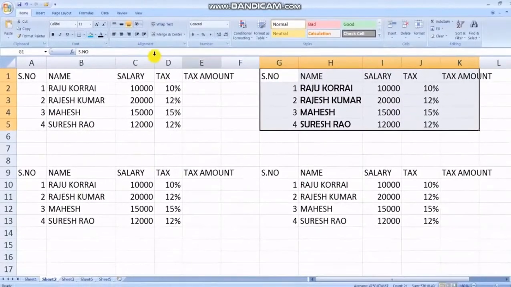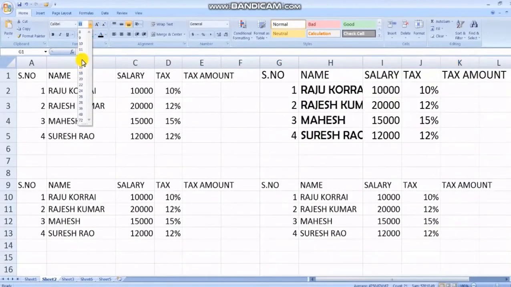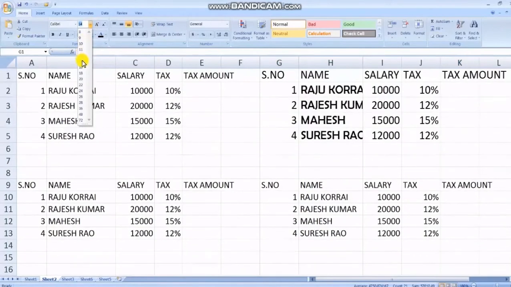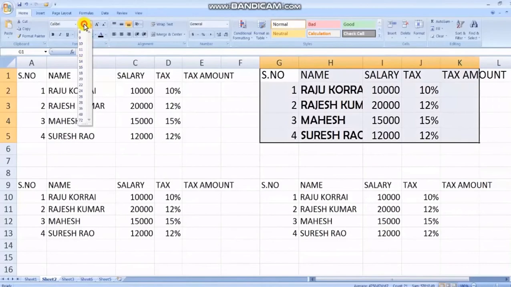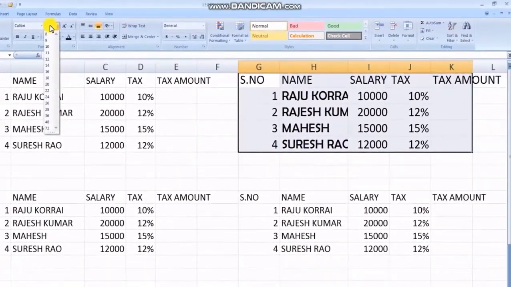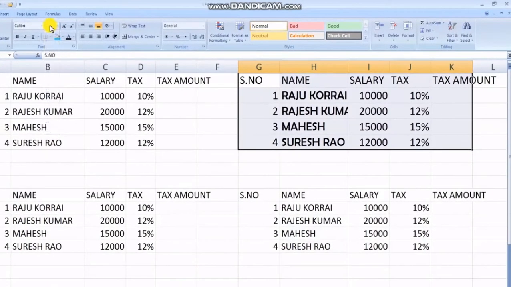Suppose we want to modify all the data in the table. Click on that font size option and select your required size. If you observe here, there is 12 and 14. I want to write 13. How can I? Then click on that 14 number and delete that number and write 13 over there and press enter key. You can see the size which we have modified in the sheet.